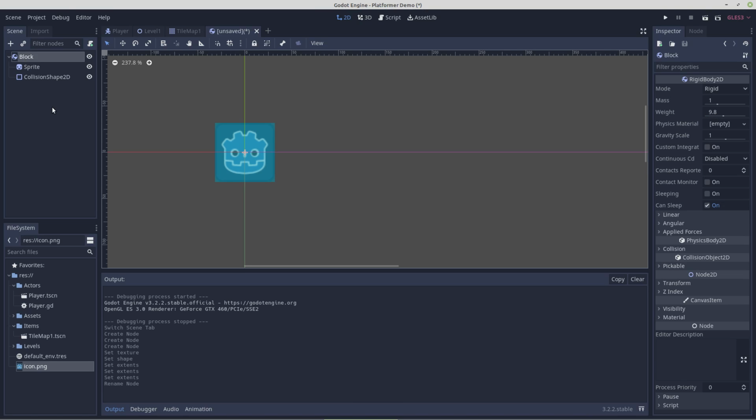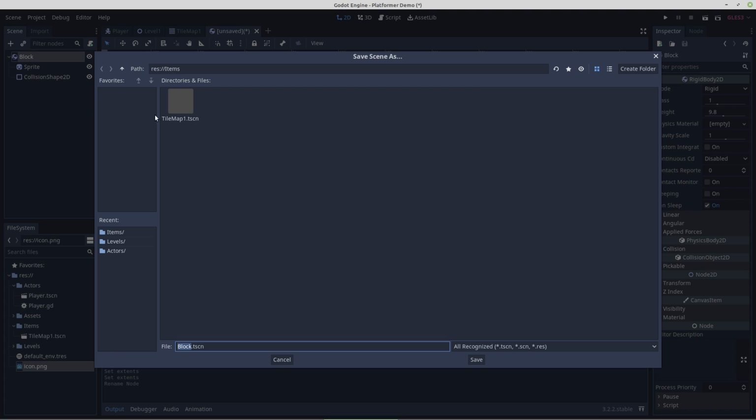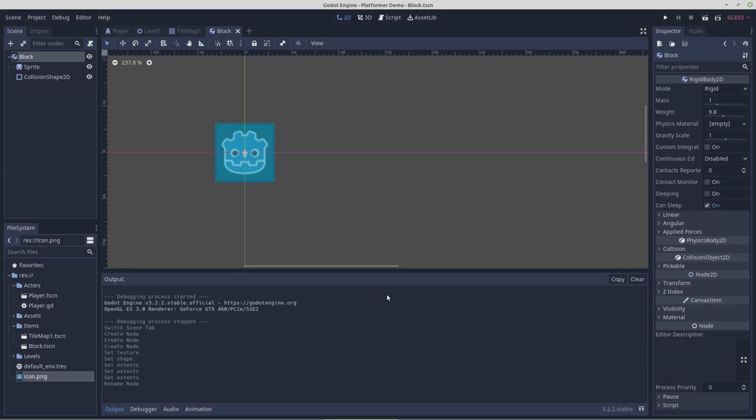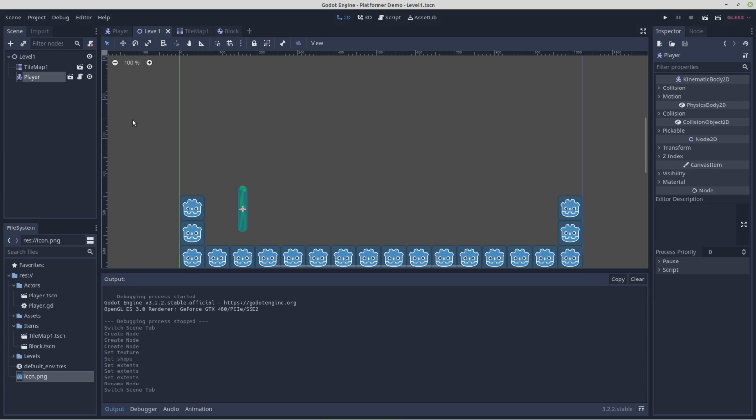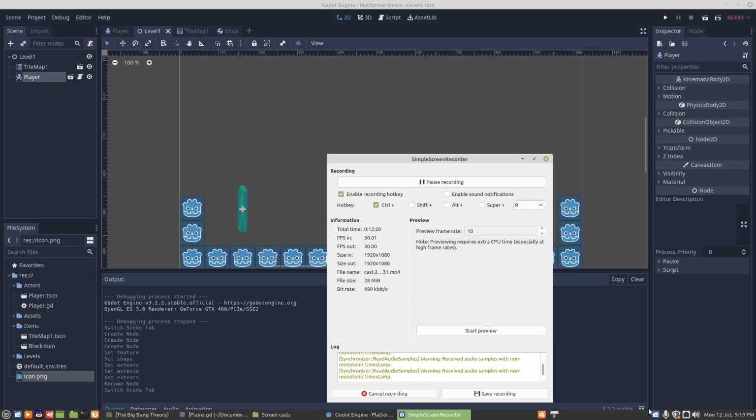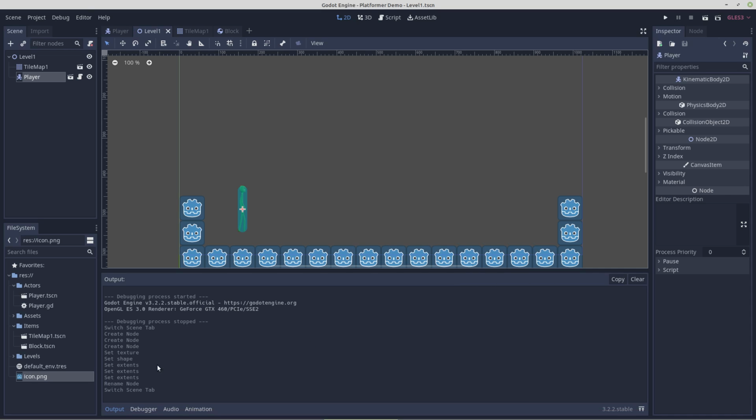We'll save this. Control S. We'll put it into items. So let's get to items, block, save, level 1, check our time here. We're getting close to time. So we'll find block, we'll drop it into level 1,